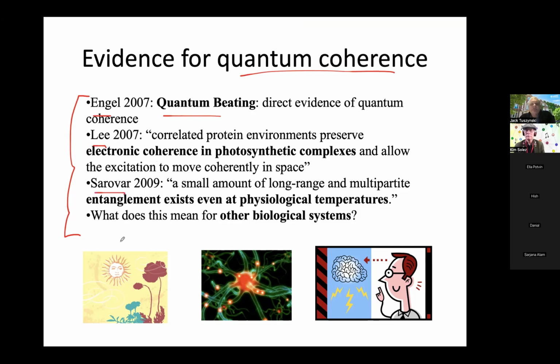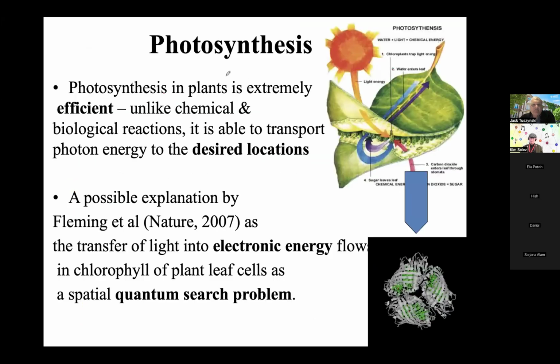And it was determined that in photosynthetic complexes that are so-called FMO complexes, I'll show you in a second what they look like, light creates excited states of electrons in these molecular complexes, and these electronic excited states are coherent or correlated across the entire complex, which is several nanometers in size. So photosynthesis,